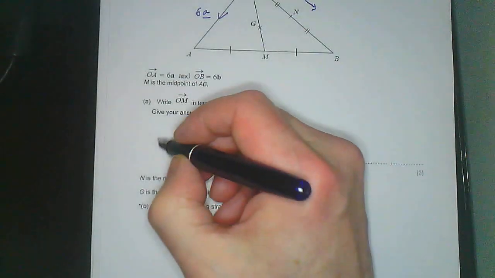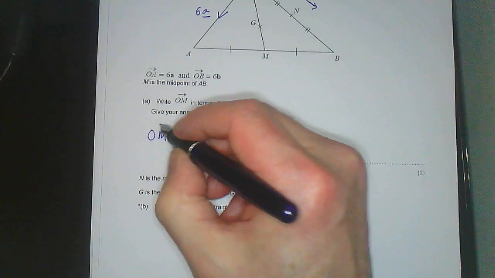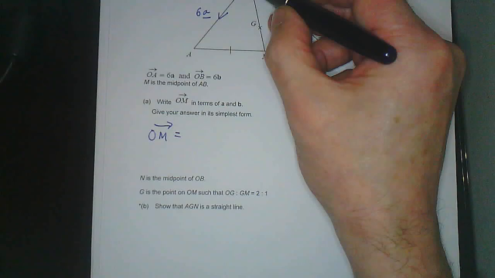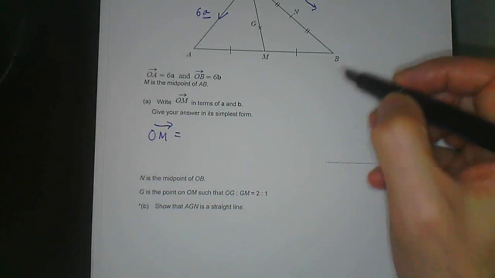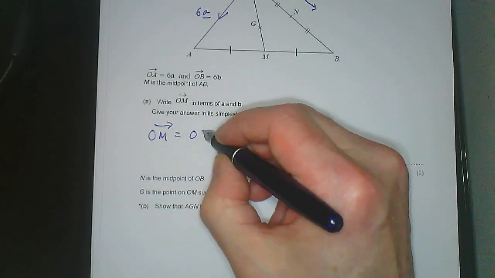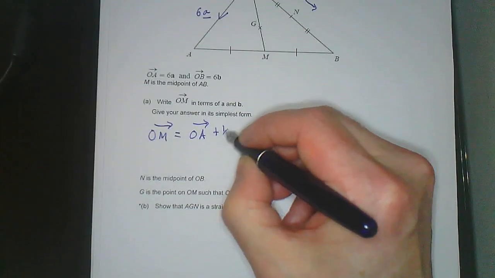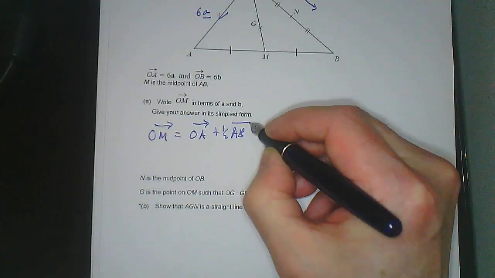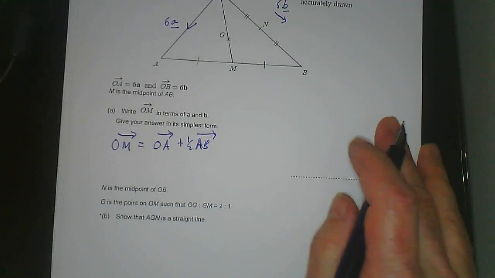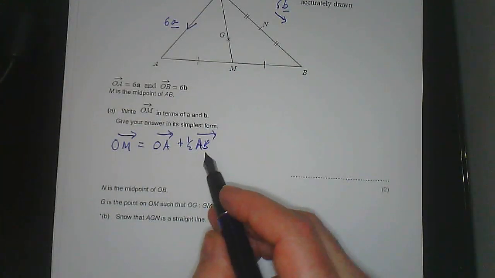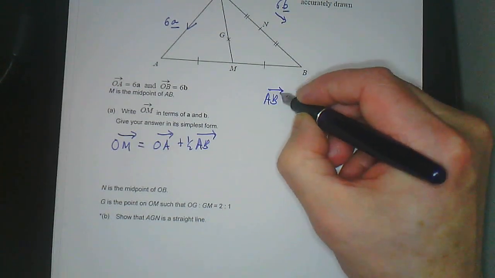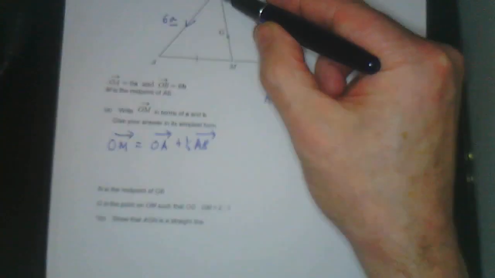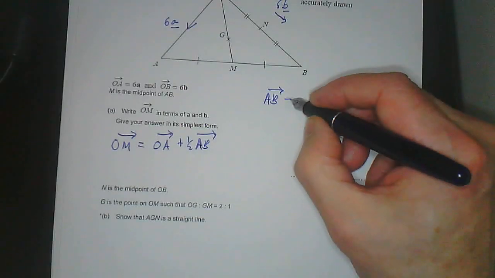So over here, I'm going to start by having a think about how do we get from O to M? We're going from O to M. Well, we're going along OA is one way we can do this, and then halfway along AB. So let's say that then. It's OA plus a half the vector from A to B. So first thing I'm thinking about is AB. We need to know what AB is. So let me do that over here. To get from A to B, we're starting here. We're going backwards along there and forwards along there. So AB is